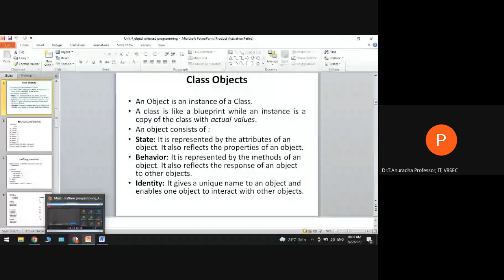Next is the identity. Because we are giving a unique name to each object, this represents the identity of the object. So an object consists of state, behavior, and identity. We achieve these three by giving a name to the object and by defining the members and methods, that means through the class only.